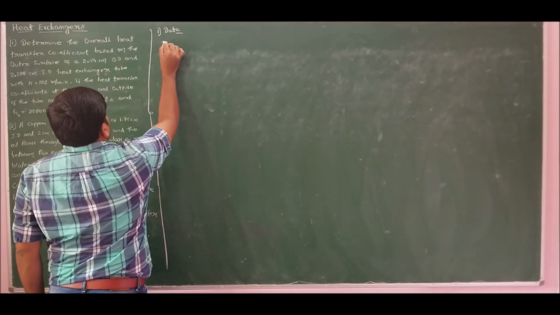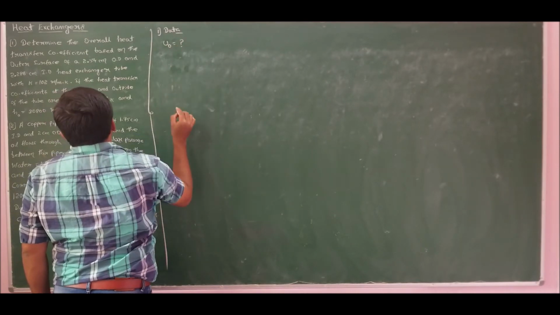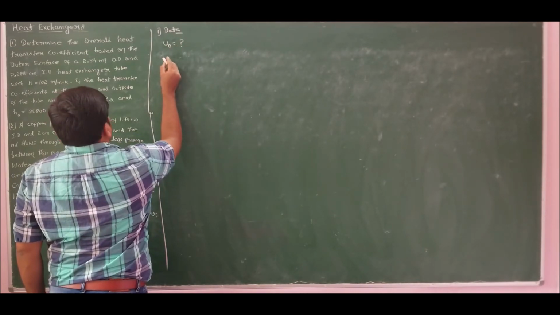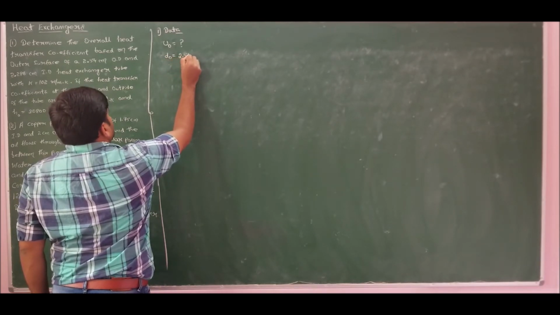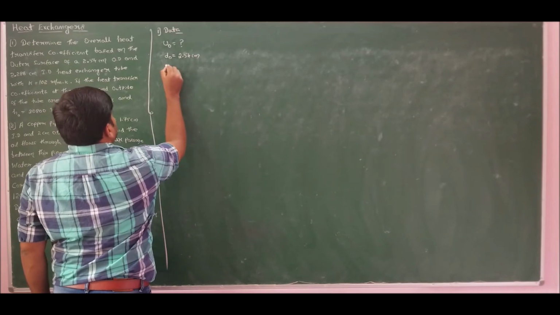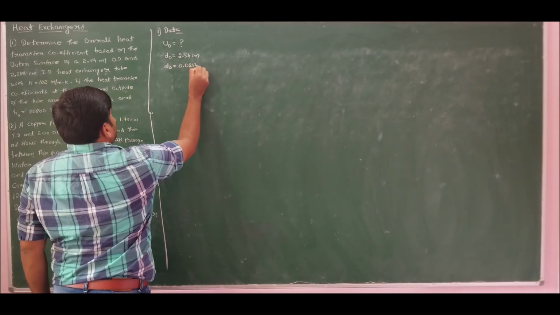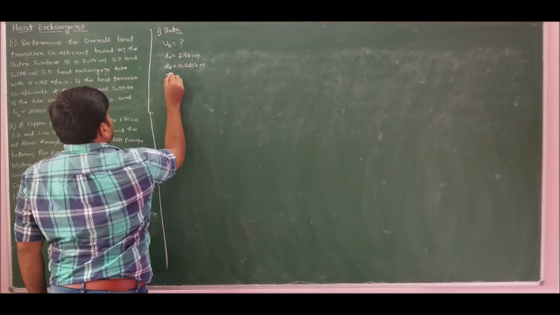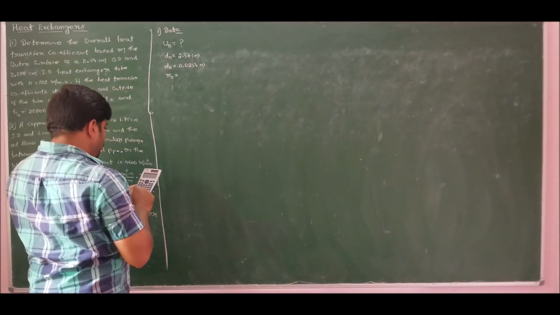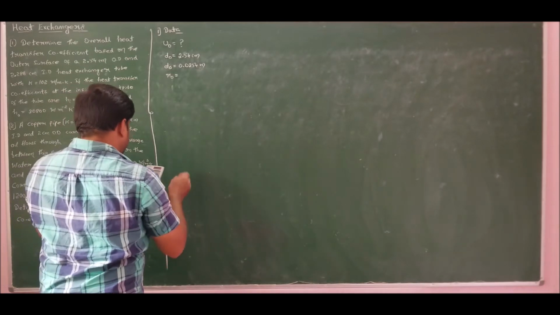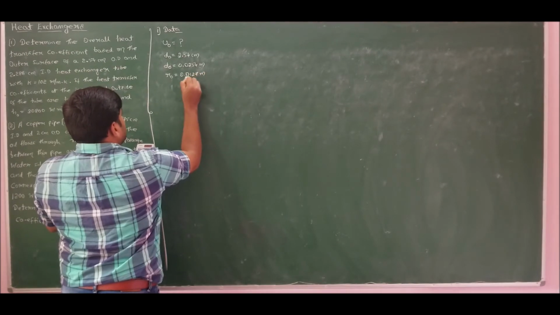we have, determine the overall heat transfer coefficient based on outside surface area. So it is asking us to calculate U0 of an outside diameter. He has given D0 as 2.54 centimeter. So hence the value of D0 will become 0.0254 meter. So thereby I can calculate what is the value of R0. R0 will be 0.0254 divided by 2, which is 0.0127 meters.